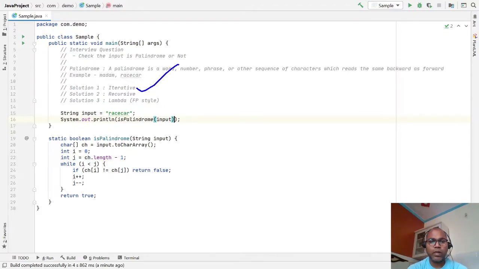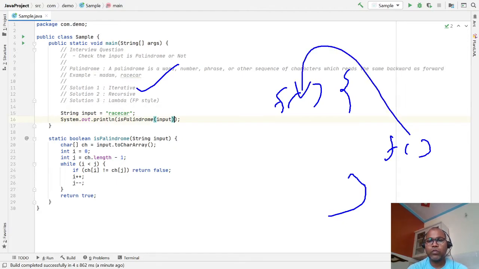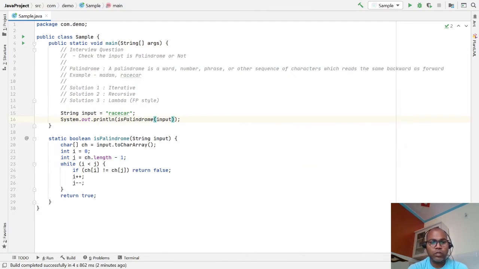Sometimes interviewers ask you to write the same code using a recursive function. It's very easy. A function is recursive if, from inside the function, you call the same function. We call the same function when we want to compute the same logic multiple times. In our algorithm, the checking and the incrementing and decrementing happen multiple times, so it is a candidate for recursion. You can write this code as a recursive function and return the value.